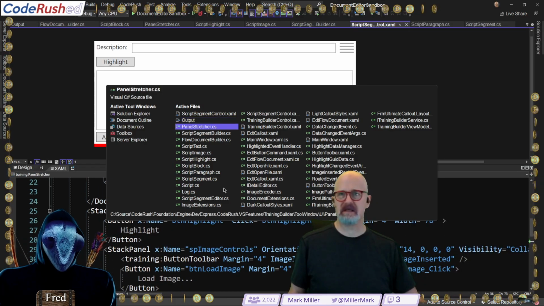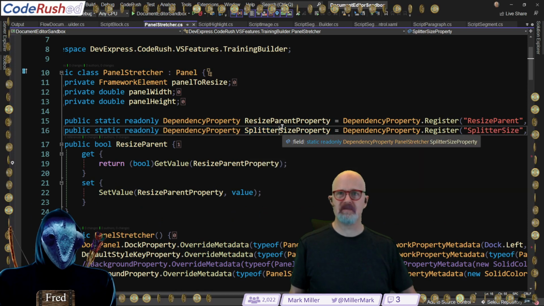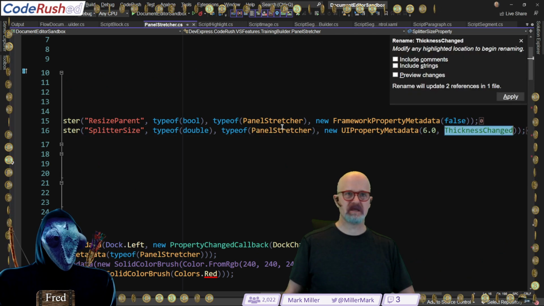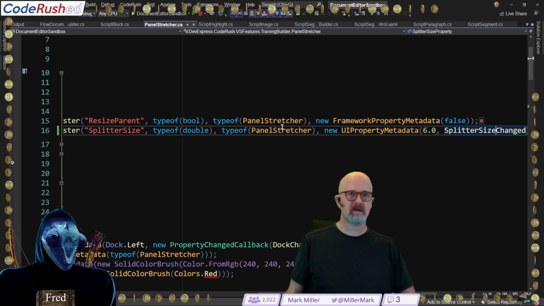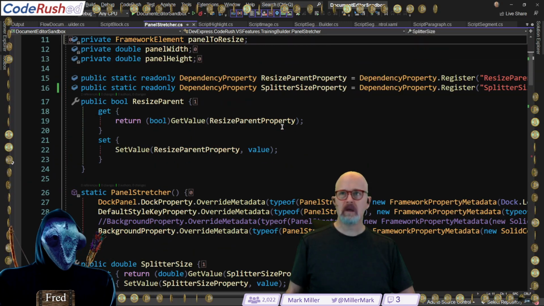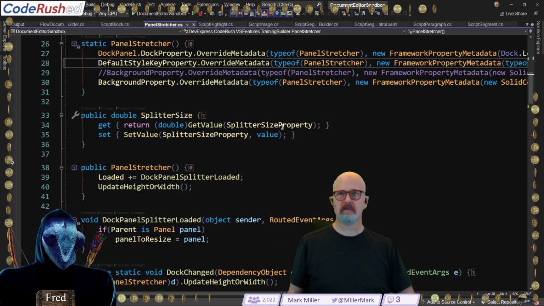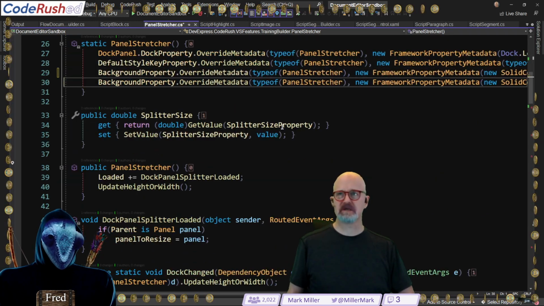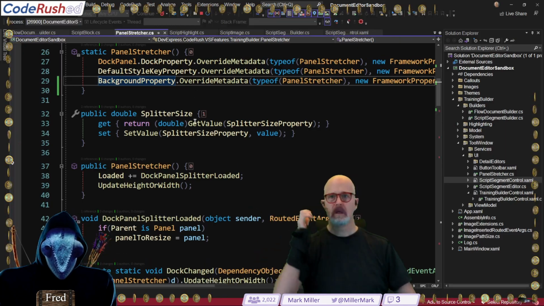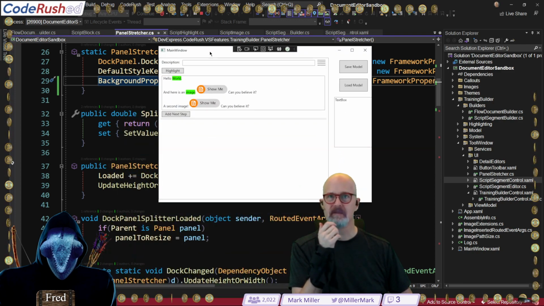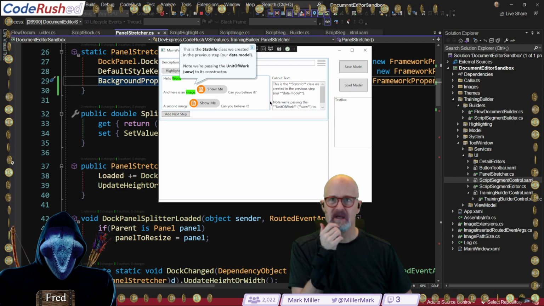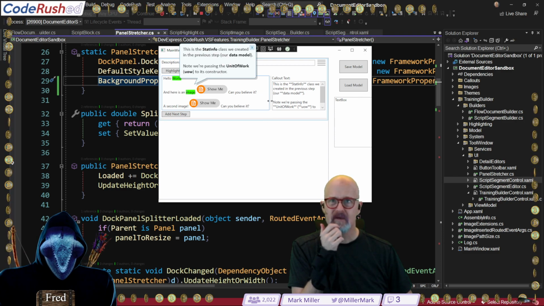I noticed something else in the panel stretcher. I had renamed this, and let's go rename this piece here. All right. Okay. Color. Let's go back to this, change the color of it, see if it's visible. I've created it as a border, and see this color here? This is supposed to match it. Okay. Yeah, it's kind of working, right? It's kind of the same.